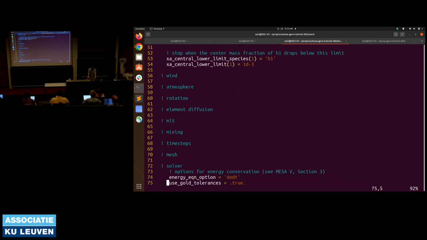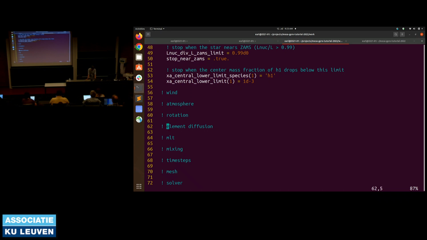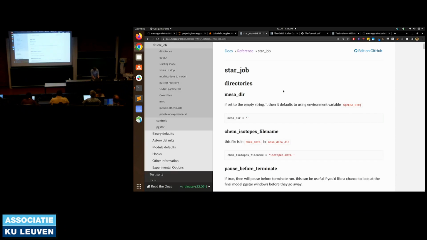And then there's some comments for additional controls that are just empty. You could put stuff there if you like. So we are not going to do a 15 solar mass star in this tutorial. I've prepared a separate INLIST for you that you can copy over. So if we go back to the tutorial,